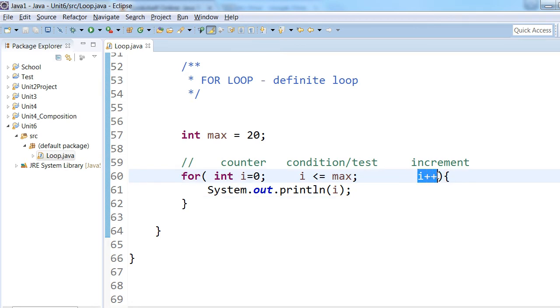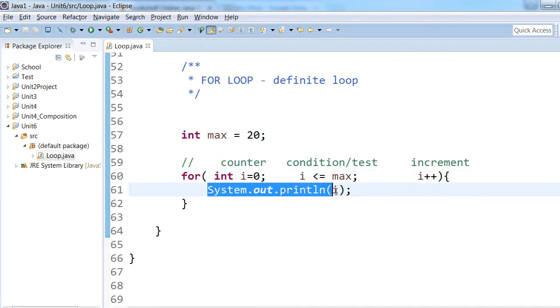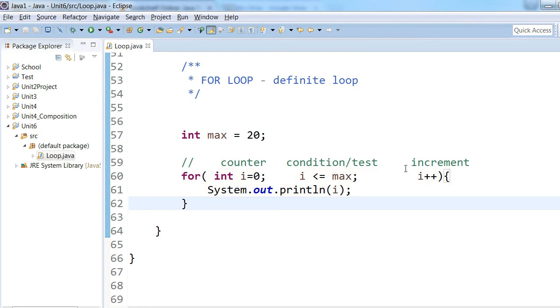And then the last line, when it reaches this line 62, it's going to go back to line 60, and then it increments I. Okay, the second time around. Once that's incremented, then it goes into the condition and checks the condition. It doesn't go back here anymore. This is only the first time you run through. Okay, then you check that condition. If it's true, then you repeat this whole process. Run the code, end the loop, increment, condition, run the code until it's false, and then you exit out the